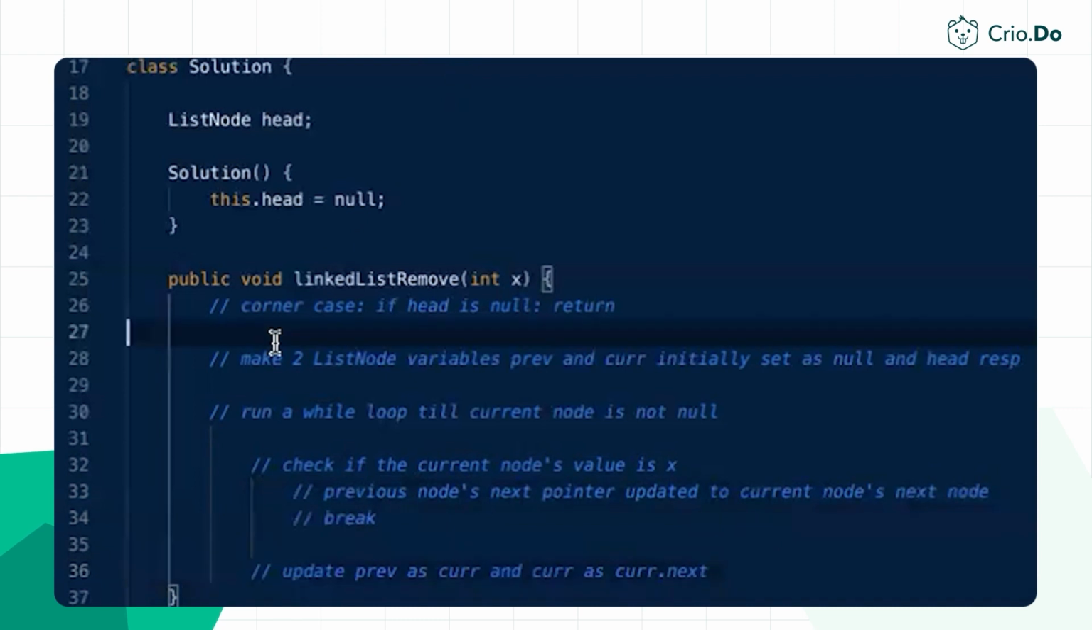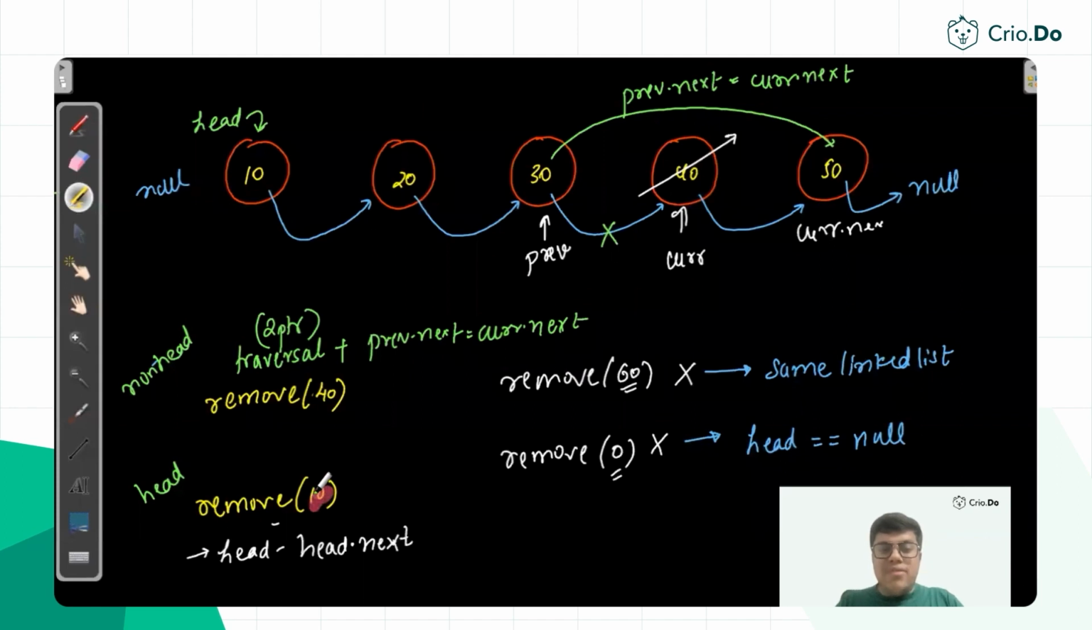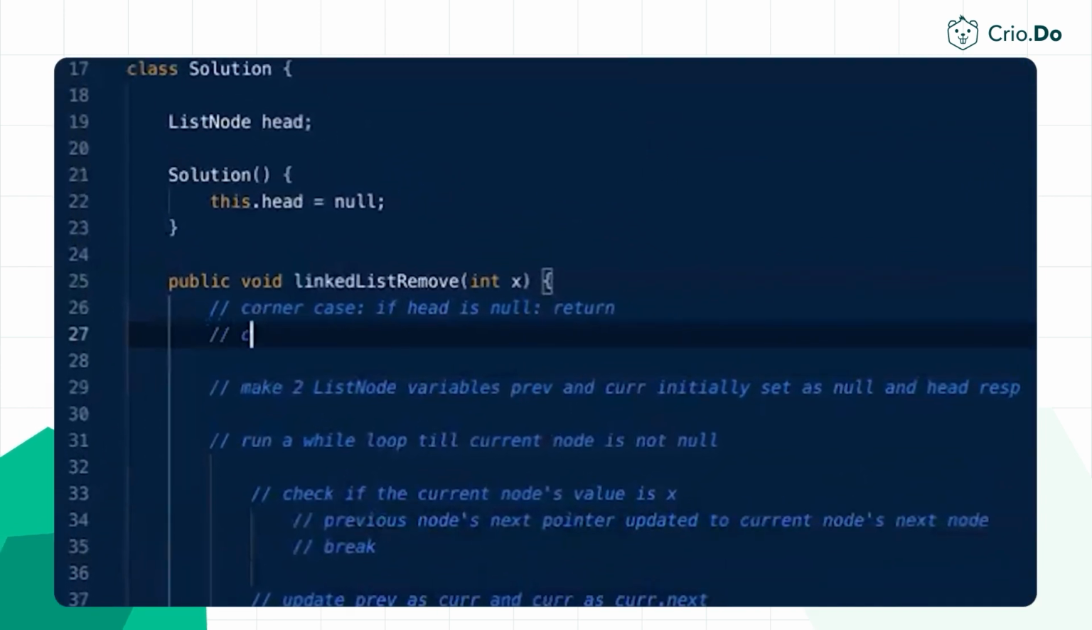But one more corner case that we have discussed. What is that? If we are asked to delete the head node itself, remove 10 itself. So how we can delete 10 itself? We can say head is equals to head dot next. So one more corner case can be